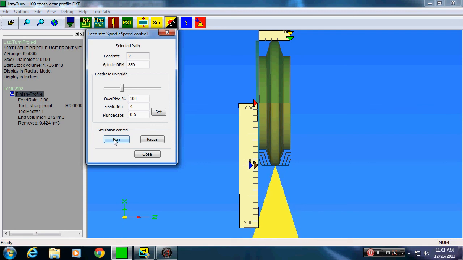Now, if you look closely, and I can't really zoom in right now, you could still see an actual gap in this section here between that last tool path and the part itself. I have to select the tools that are in their list, and the tool should have been turned at an angle, so the point could have come in and addressed this more from the side. Like I said, this is a quirky piece of software,